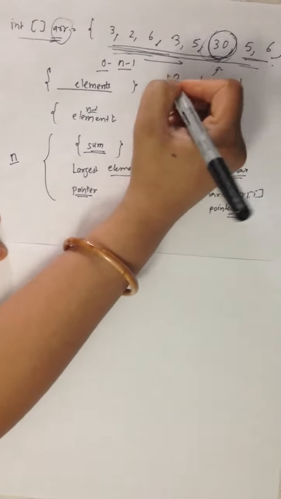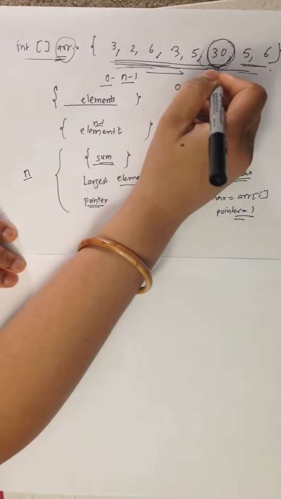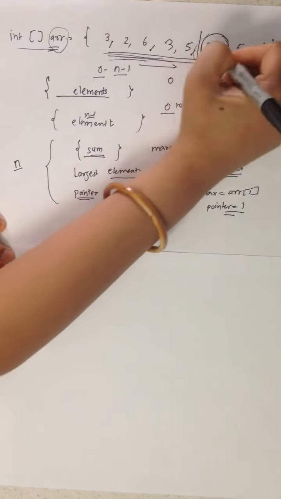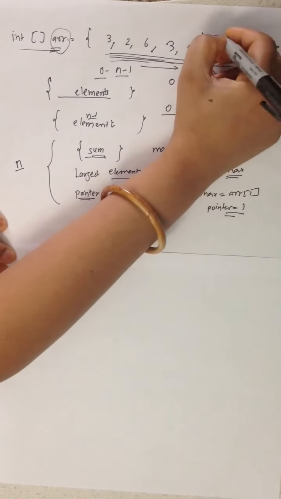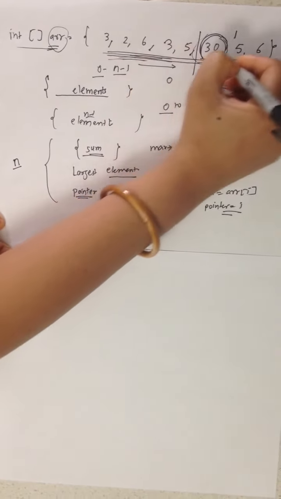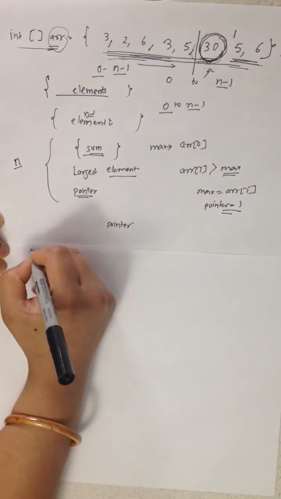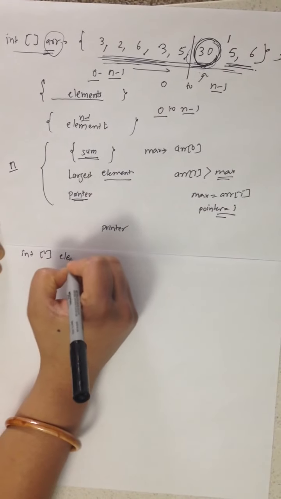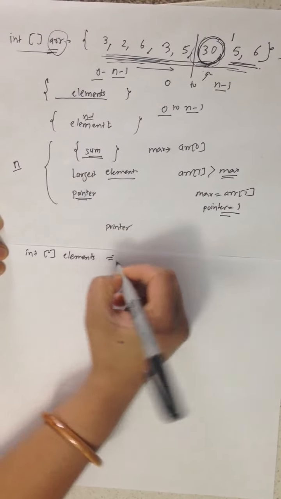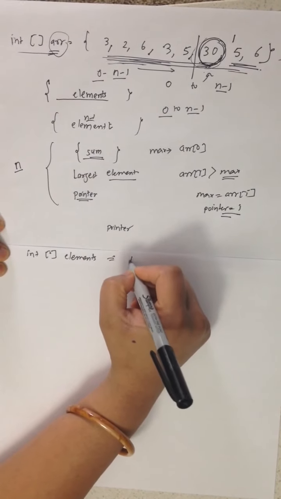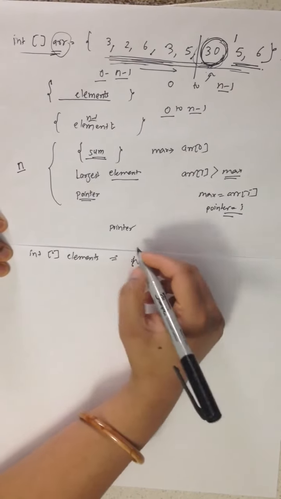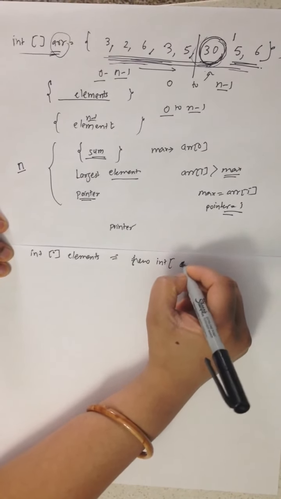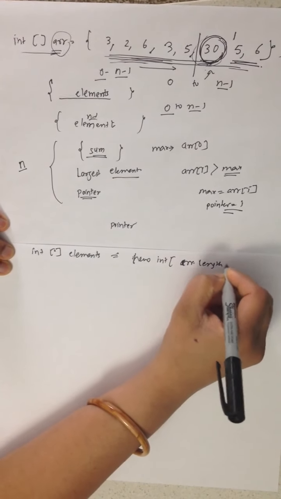Now the second thing we will do, we have to split this array at this pointer position. At this pointer we have to split this array into two. We have to take this element out and we have to keep all the other elements. For this we can initiate one more array that will contain all the elements, and the size will be 1 less than the length of the original array. So it will be the original length minus 1.